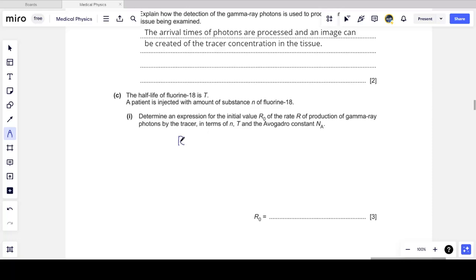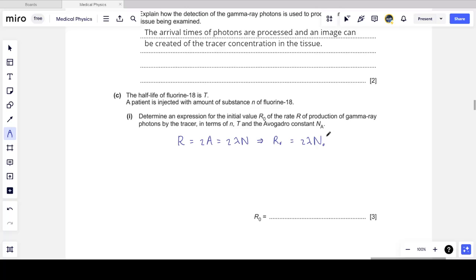So R is related to the activity, because the activity is the number of decays happening per unit time. But remember that for every occurrence of annihilation, there are 2 gamma rays produced. So this value R is actually 2 times the activity, because there are 2 gamma rays produced for every collision. And what we remember about the activity from nuclear physics is that the activity is the decay constant lambda times the number of radioactive nuclei N. Well, this means that the initial rate R0 of gamma ray production is equal to 2 lambda N0,